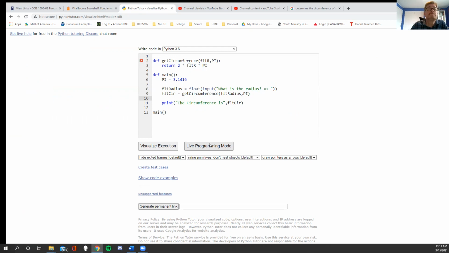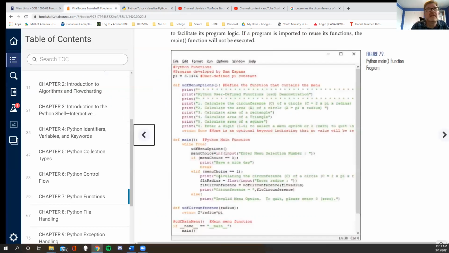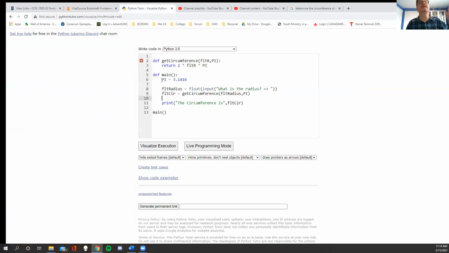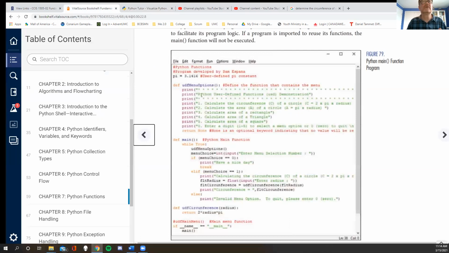So let's go a little bit further with this. I would say, to be honest, that no, I'm not going to say that. Okay, what did Sam do again? He basically did this, calculating the circumference, and he put a lot of processing of the circumference in the menu. Okay, that's fine. That's good. I love it. All right, let's write a quick program, a quick module that'll basically print out a bunch